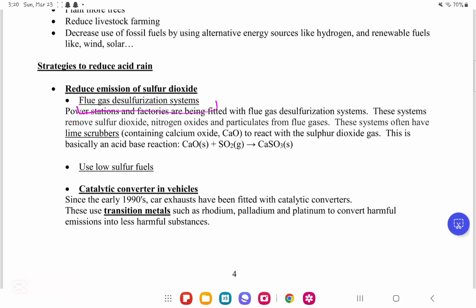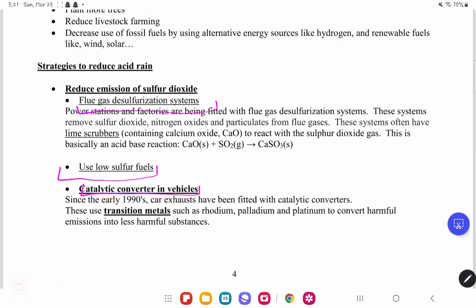These systems have lime scrubbers, which is calcium oxide, CaO, to react with the sulfur dioxide gas, and it will produce CaSO3. This is literally an acid-base reaction. So calcium oxide, in addition to sulfur dioxide, will produce CaSO3. Another way is to use low sulfur levels, and the third way is to use catalytic converters in